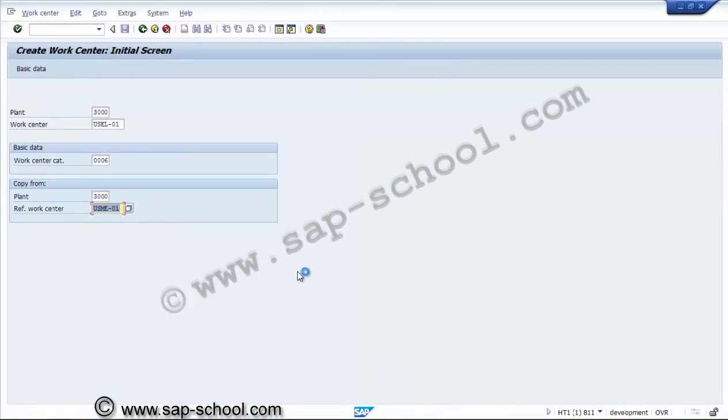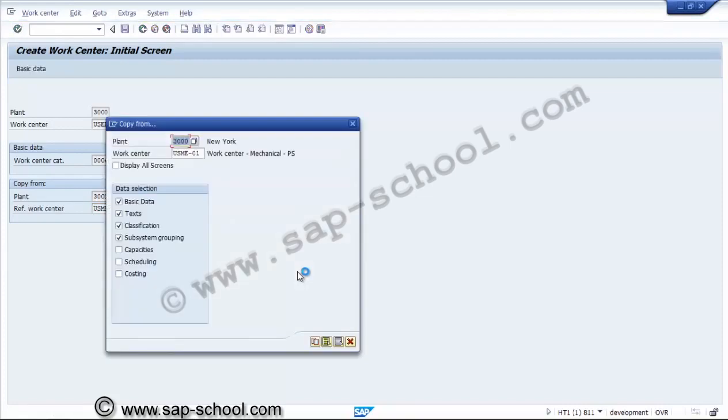So we are copying from the mechanical work center to the electrical work center. So we'll take everything. Even we can copy the capacities and scheduling also.